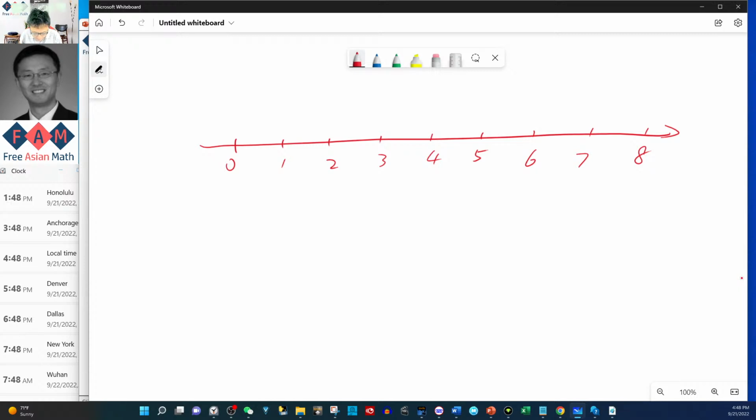We mark those numbers based on our counting process, right? We first choose a point 0, any point. Then we choose another point, still kind of arbitrary, but we specify it's on the right-hand side of 0,